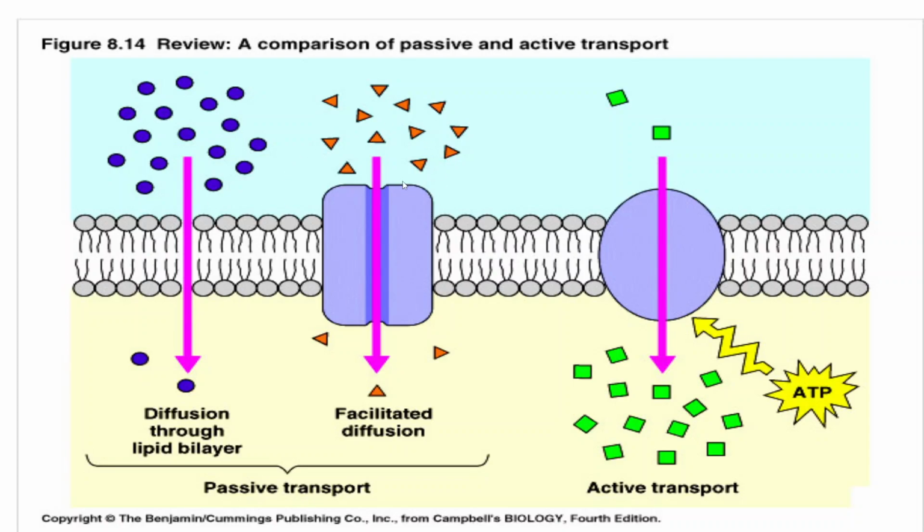Now, if this facilitated diffusion were not there, then there would be a situation where the concentration of sodium inside and outside the cell would be equal. And when it is so, that cell cannot survive. So there is a need to keep the sodium actively pumped out and the potassium pumped in by an active process, which is what we call facilitated diffusion. In facilitated diffusion, only selective electrolytes are allowed to move in and out.